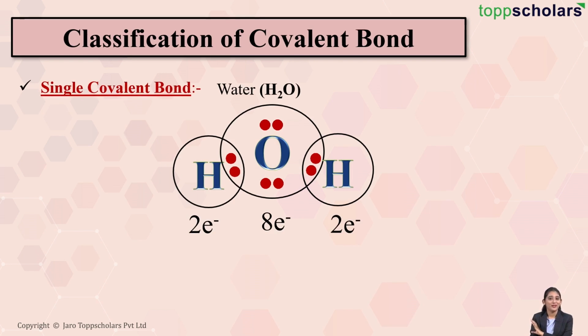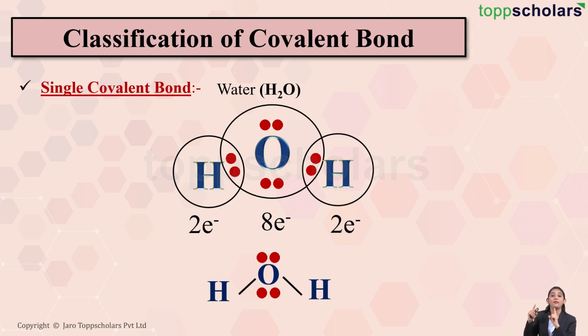And now as you can see over here, hydrogen and oxygen have 2 shared pairs of electrons between them, right? Which results in the formation of single covalent bonds between the oxygen atom and the hydrogen atoms. Remember friends, over here, oxygen and hydrogen atoms have 2 shared pairs of electrons, but one oxygen atom and one hydrogen atom have 1 shared pair of electrons, right? And in this way, we have 2 shared pairs of electrons, which results in the formation of single covalent bonds between the oxygen atom and the hydrogen atoms. So in this way, we have 2 single covalent bonds which are formed between the oxygen atom and